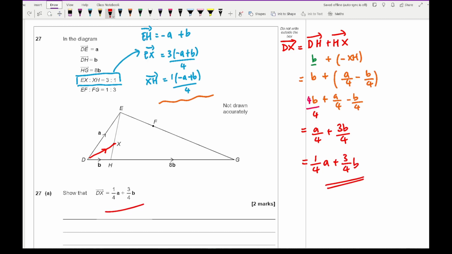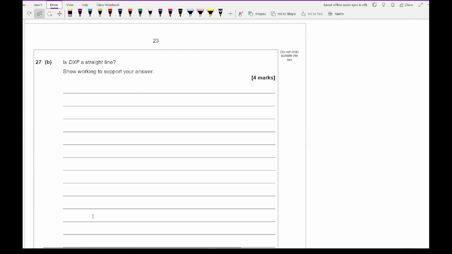Now I think that's quite a lot for 2 marks, but again, marks are either awarded for how long it takes or how much work you should do, and I reckon that it is possible for that to be done within 2 minutes. So now let's have a look at B. So question 27b says, if dfx is on a straight line, you show working out to support your answer. Now the key statement you need to write is that if dfx is on a straight line,